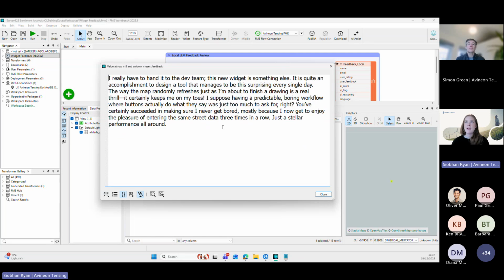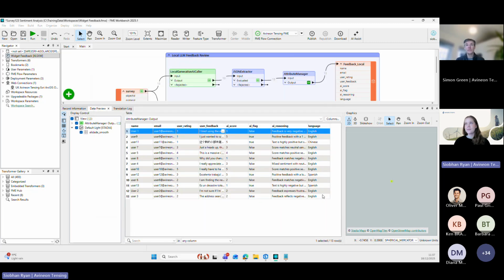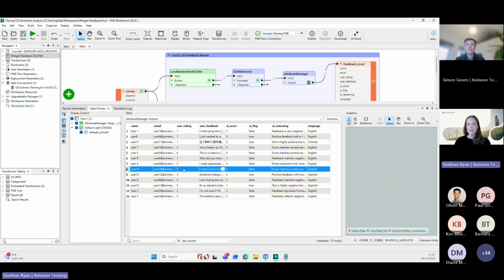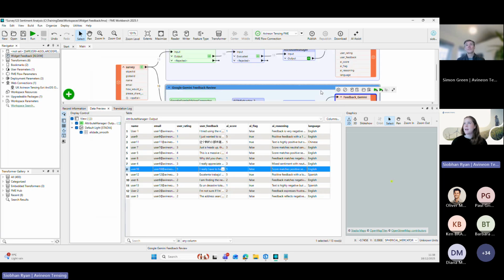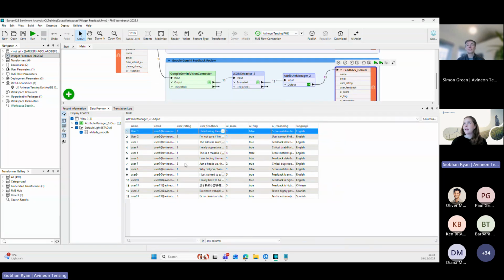This person in their feedback has given some quite sarcastic comments. Things like, I suppose having a predictable, boring workflow where buttons actually do what they say was just too much to ask for. Just a stellar performance all around. So quite a sarcastic response. If we look at what our AI response is, the user rating gave a 5, which obviously is sarcastic given the comments. And here, our local model said the score matches a positive sentiment. If we look at the same example in Google for user 10,